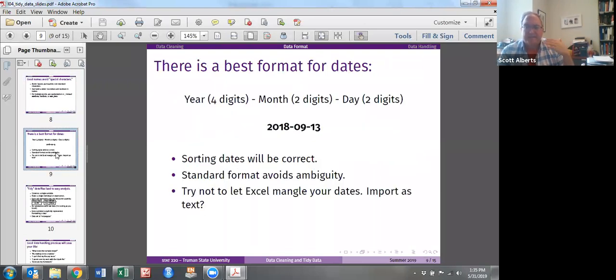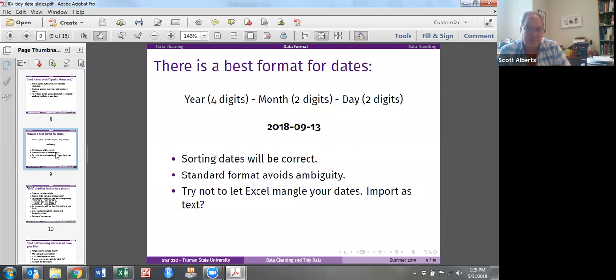All right, about dates. So Dr. Thatcher actually has very strong opinions about this. I may be a little bit less strong than he is, but the idea that there is a best format for dates. And this format that has the 4-digit year, the 2-digit month, and the 2-digit day, as shown here on the screen. What's great about that is now you can sort that without using any kind of special knowledge